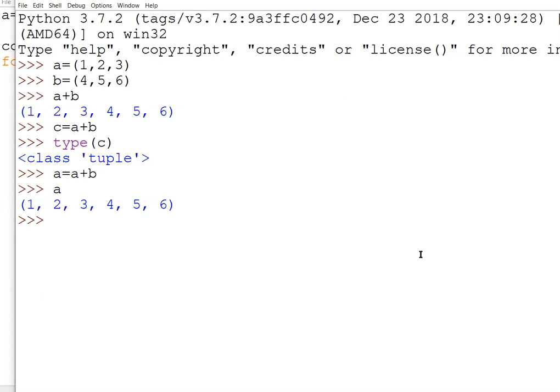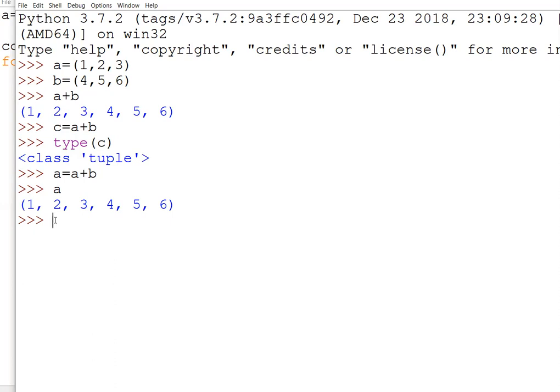I'm repeating my question. We are saying that tuples are immutable, and here you can see A plus B, I'm storing in A only. So how is it possible? Because ma'am, we concatenate the tuples. Anything else? Concatenation means you are adding more elements in the tuple. Yes, ma'am. So that should not be allowed.